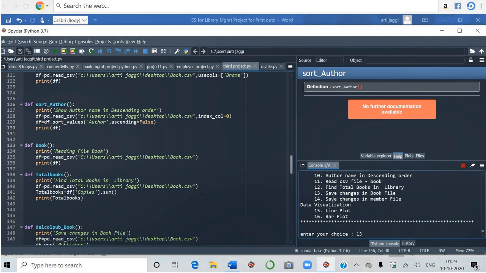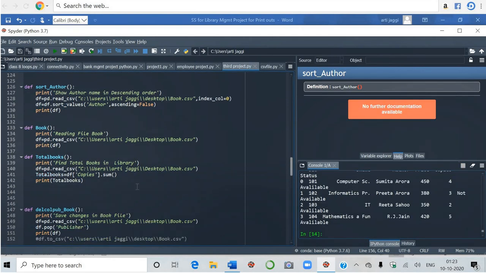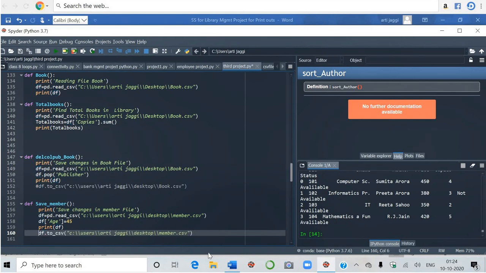13. What is 13? Save changes in book file. For this, I want to show you if you want to make some changes. See the coding here. Save member. Okay. In the save member, I have put a hash here just to tell you. For the first, I'm going to run. I am deleting the hash.